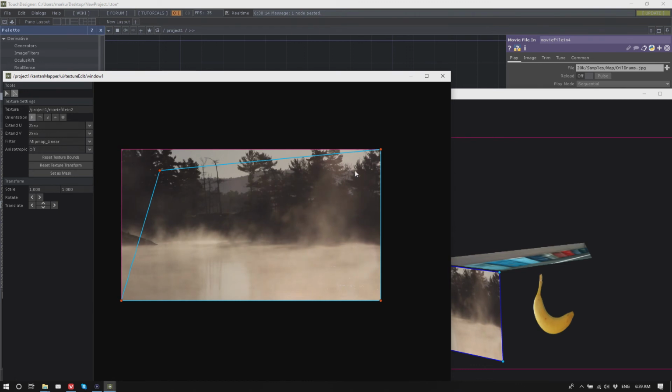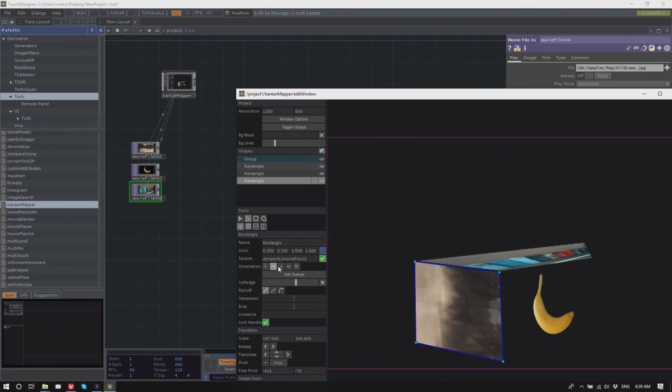So with this, you select the cropping area. Now only this part here in the middle is shown. And yeah, you can also rotate the textures if you want to, flip it,